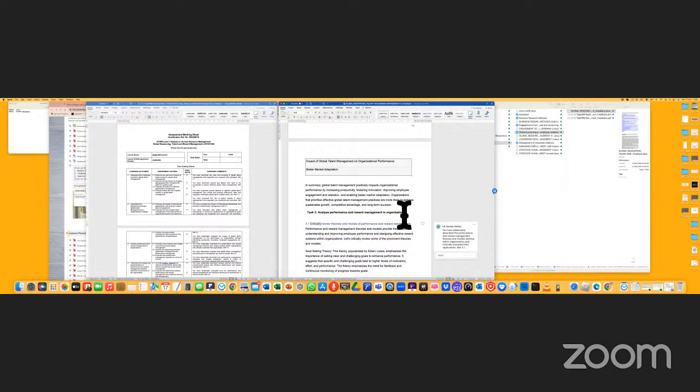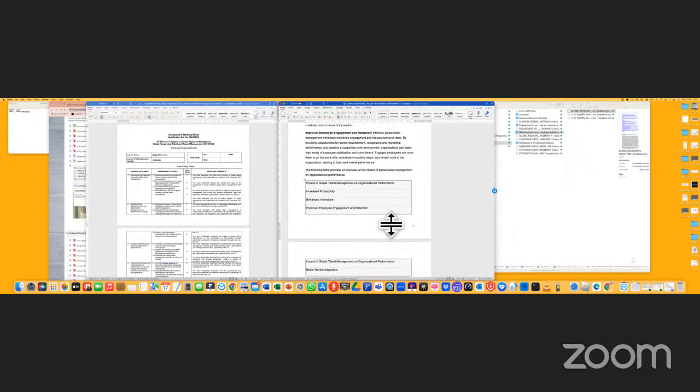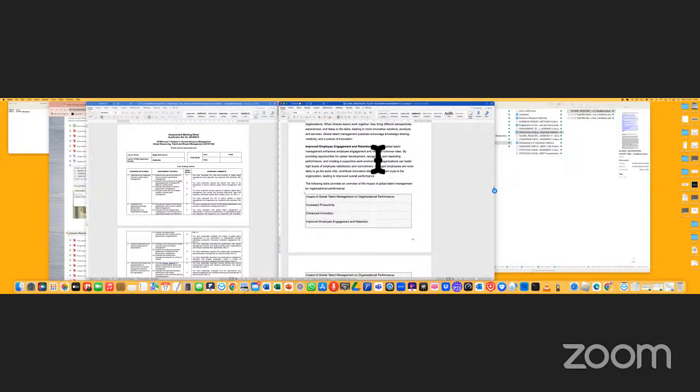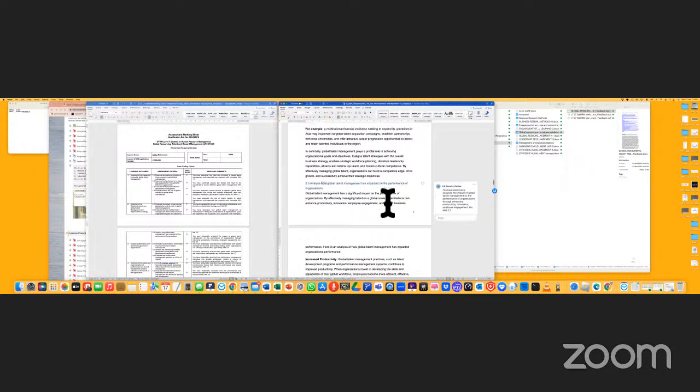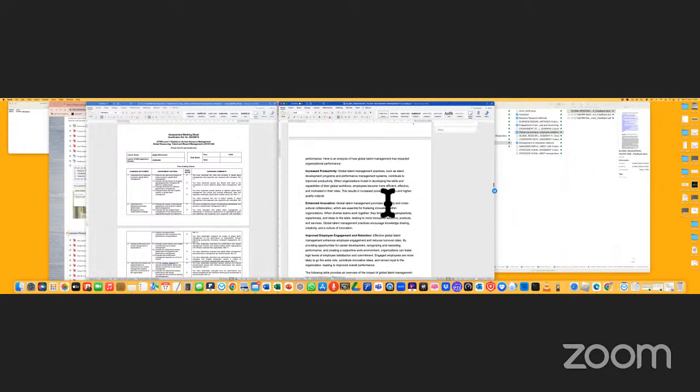When we ask you to elaborate, the document you submit will go back and forth between you and the tutor who's teaching that unit. Say, for example, this comment says that you mentioned global talent management and how it has an impact on performance, but you haven't taken an example of an organization.